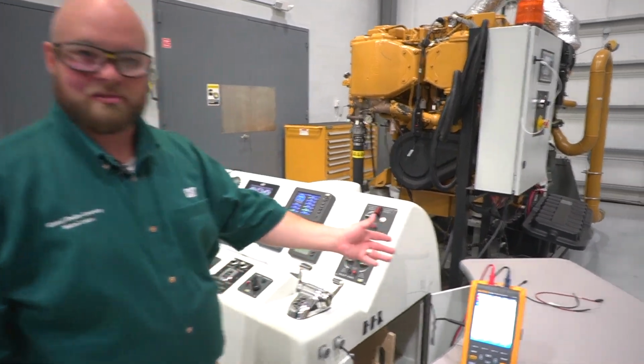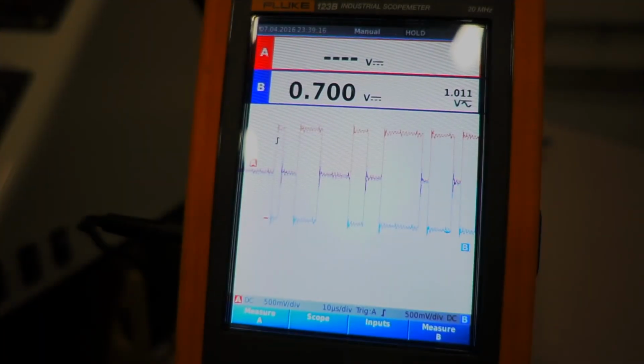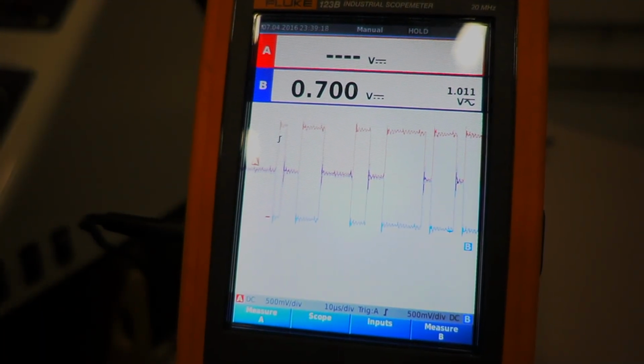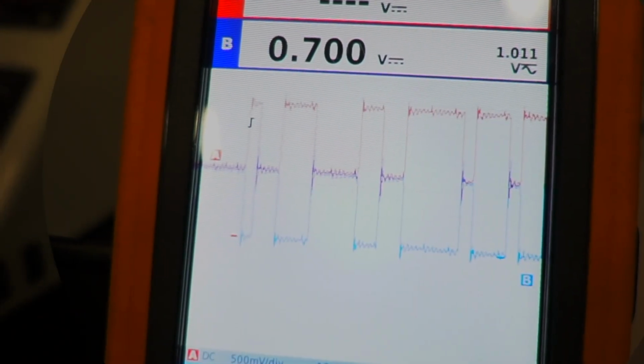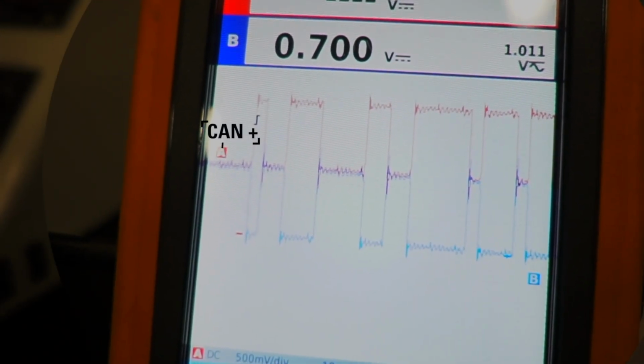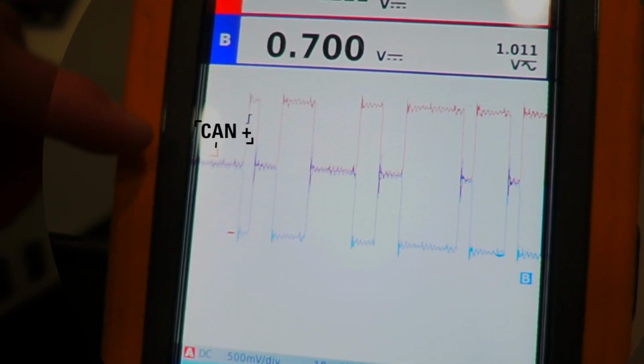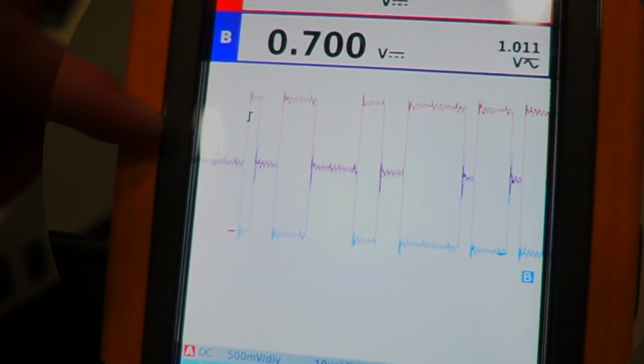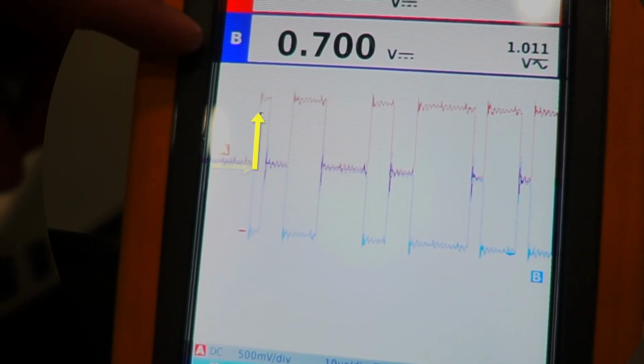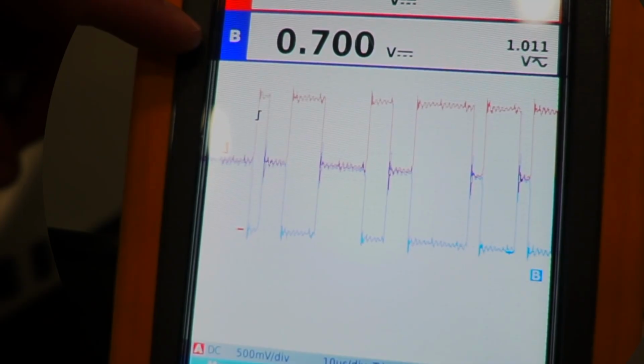So we've got an oscilloscope set up here. What we can see is that I've got a signal captured, and channel A, the red channel here, is our CAN positive. What you can see happening here is that it's humming around at about 2.5 volts, and then it gets pushed up to that level, much like what we saw in the classroom,